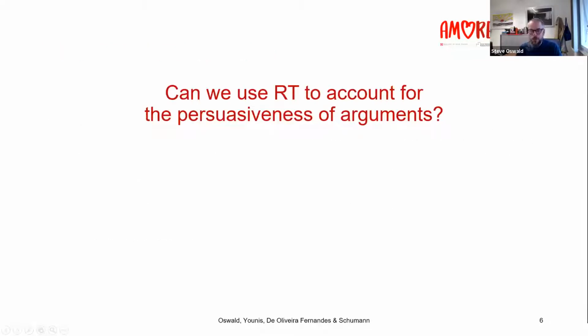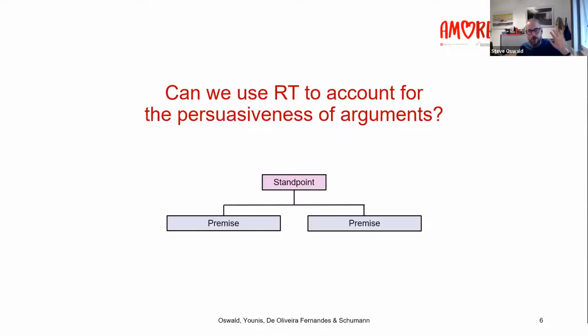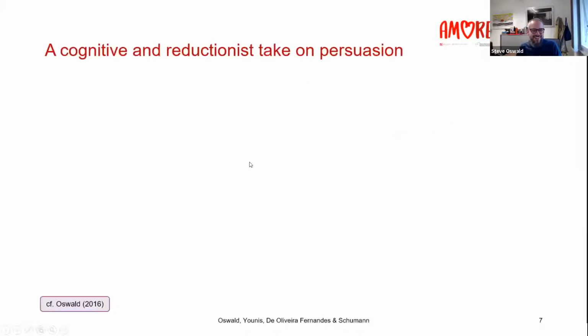Okay, so this was a quick recap on the tools that we're going to use to talk about persuasiveness. So we want to see whether we can apply these notions to the processing of arguments. And by arguments, I mean minimally any sequence of utterances in which at least 1 or 2 pieces of information are used to support another piece of information. So there are premises and a standpoint. And we want to see whether relevance can have something to say about this thing that I'm circling with my mouse. I hope you can see it. Can you not? Yeah, okay, thanks.